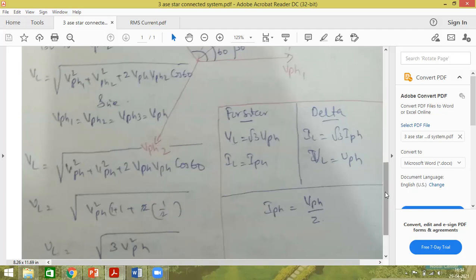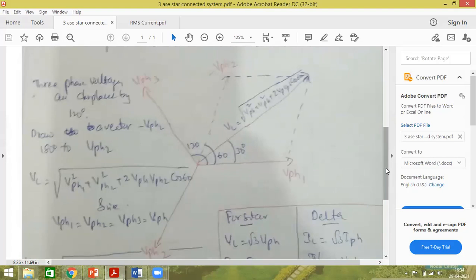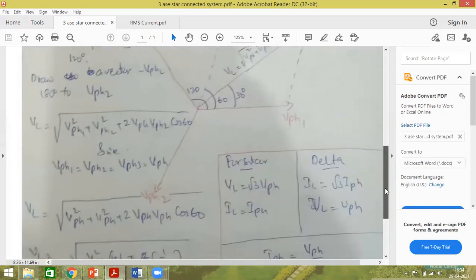In one simple logic, I'll tell you. Wherever we have written VPH, and wherever we have written V, replace it by I, and that is the derivation of the delta. No need to study any new point. Same derivation, replace the letter V by I, it is the delta. That is a shortcut method. I don't want you people to get confused. We'll see the delta derivation in the lab before the external examination, the same method.